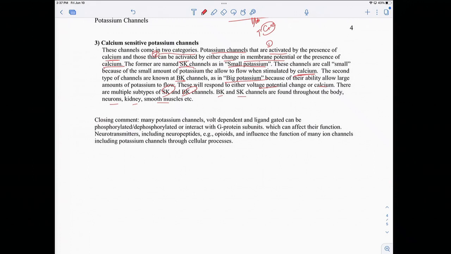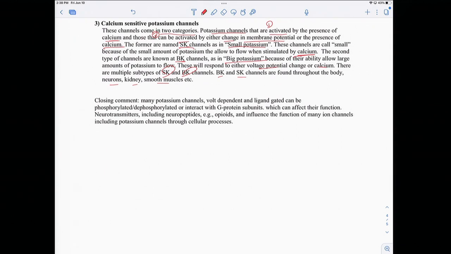While I'm on the subject of calcium-sensitive channels, in this case potassium, I did want to just remind you that calcium can also influence voltage-sensitive sodium channels. This is kind of a side detour, and I've mentioned this before, but I just want to make sure you have this concept down, is that calcium can influence